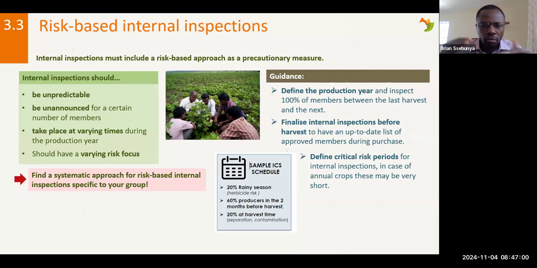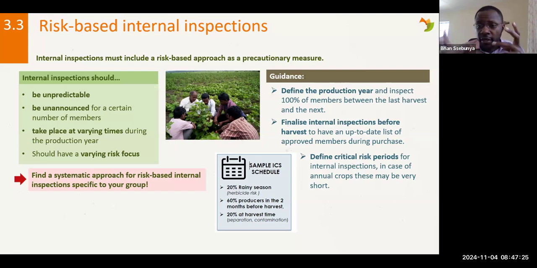So you don't just say, don't divert water into the field, don't use water into the lower stream on your farm. No, it's not done that way. What is the risk? If the risk is high, then the recommendation is that they shouldn't. If the risk is normal, something like that. So that's why we say internal inspection should be as unpredictable as possible, because some farmers are